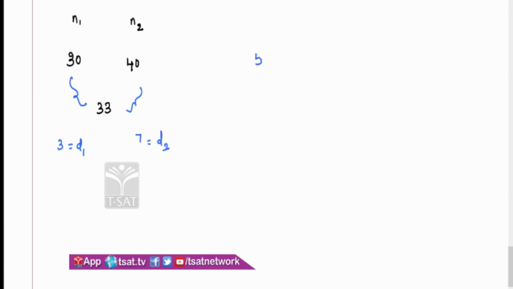Sometimes I don't say anything, let's say 50, let's say 35, and I'm saying capital A is capital A only. What is your D1? Will you write capital A minus 50 or 50 minus capital A? See here, 35 is lesser, 50 is larger. Therefore, your A should be in between 35 and 50. So A should be less than 50 and more than 35. Therefore, D1 is 50 minus A, your D2 is A minus 35. Like that you should be able to write, because I need the positive difference. And writing the positive difference is very, very important in this case.